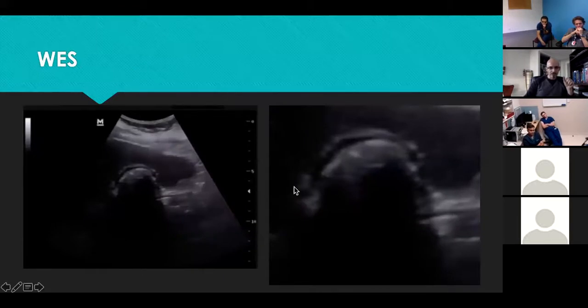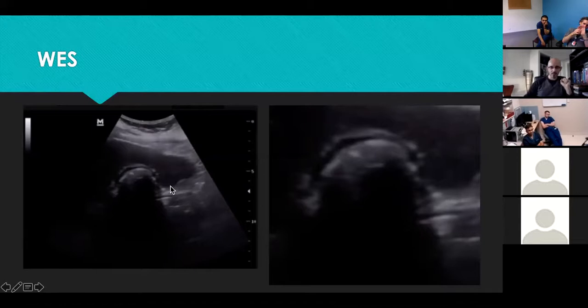The other thing that you might see is a huge stone filling pretty much the whole gallbladder, and you might think, okay, there's no gallbladder there, thinking that this is just a bowel loop, because the bowel loop would almost look like the same thing, as in a bright line with shadow after it, with some differences. The other thing that might look similar but a bit different is calcification of the gallbladder wall,